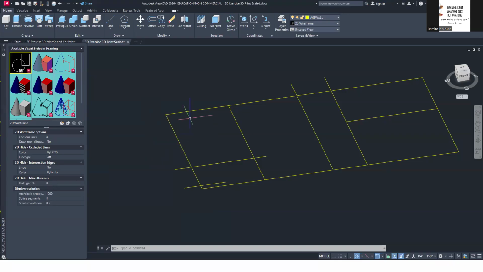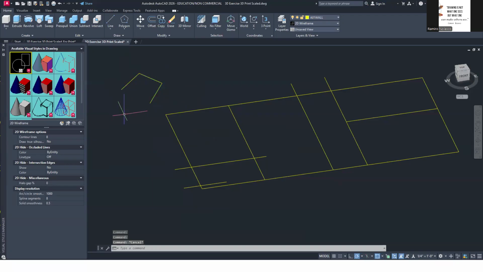We can extrude a line, but best to extrude closed polylines. So instead of just a single line, you use a polyline. Polyline is a continuous line. So when you create a polyline, you can select that and it selects as one object.